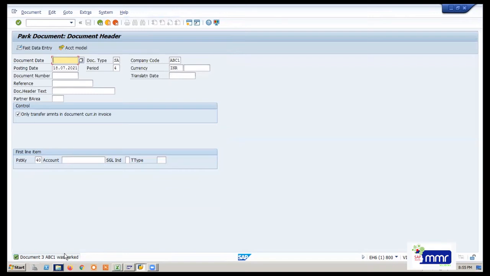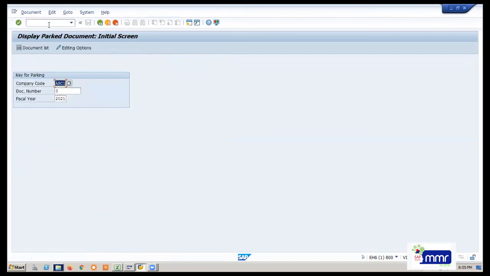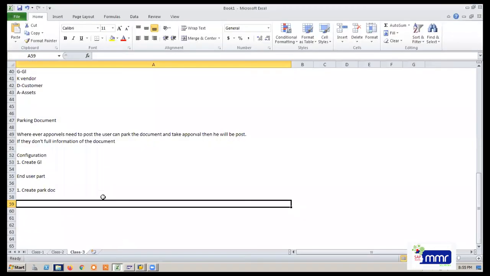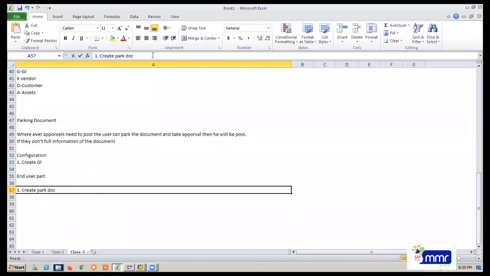If you want to display the parked document, the T code is FBV3, display of parked document. If you want to change something, FBV2. To create a park document, you can use T code FBV1 or F-65.